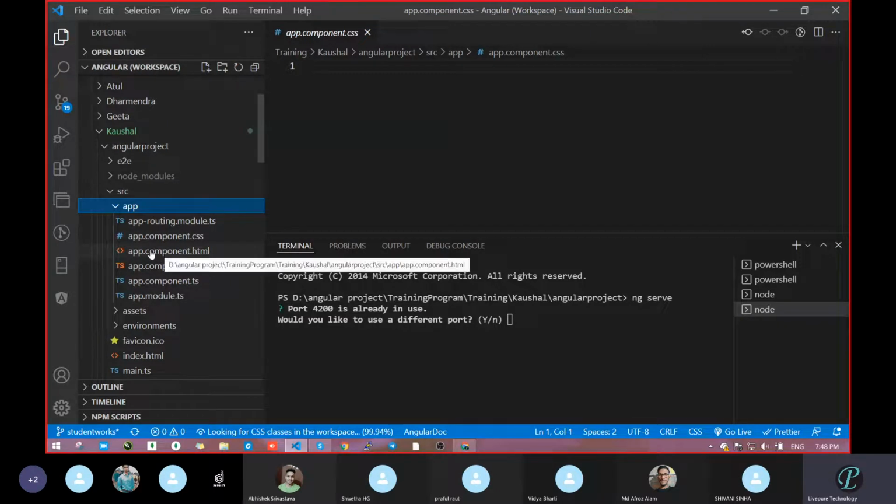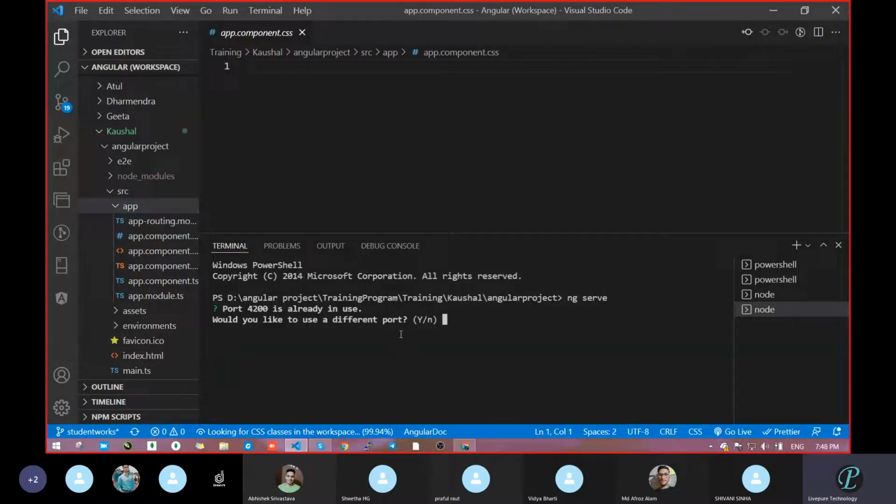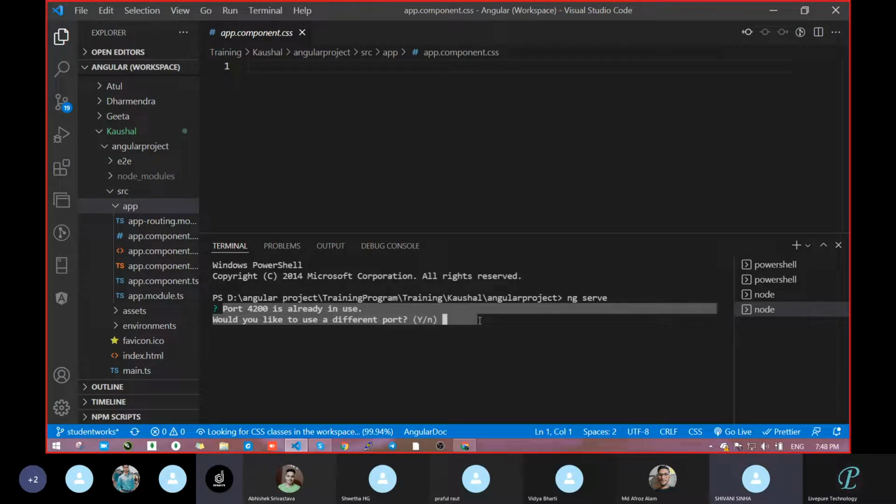Okay, so I will tell you what you have to do here. Just wait. See, what error message did you get? Can anyone read this? What warning is there? Port 4200 is already in use.